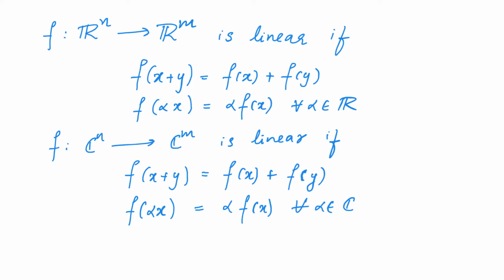Now we will ask a question. Suppose we have a function f from a set V to a set W. What properties should these sets V and W have so that we can talk about the linearity of the function f? To talk about linearity, given 2 points x and y in V, we should be able to add them. And then we will look at the image of this sum, and the image of this sum is equal to the sum of these images. In other words, we should be able to take sums in W as well. That means given two elements of W, we should be able to take their sum.